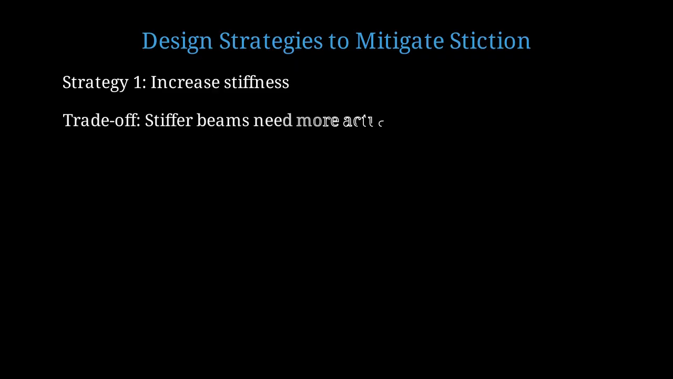Now let's discuss practical design strategies to avoid stiction failure in MEMS and NEMS. This is crucial for reliability. There are several approaches. Strategy 1. Increase the stiffness of movable structures. Make beams thicker or shorter to increase their spring constant. This increases the restoring force that opposes stiction. The trade-off is that stiffer beams require more actuation force to move them, which can increase power consumption or require